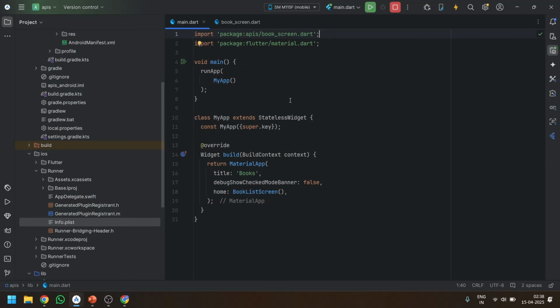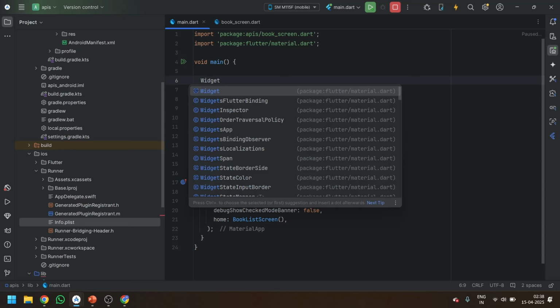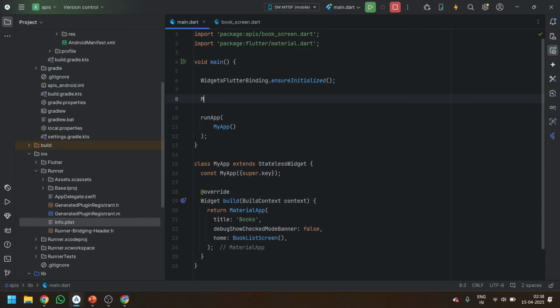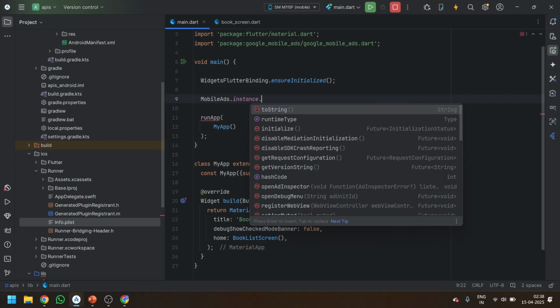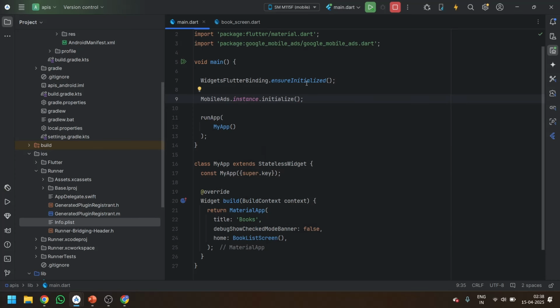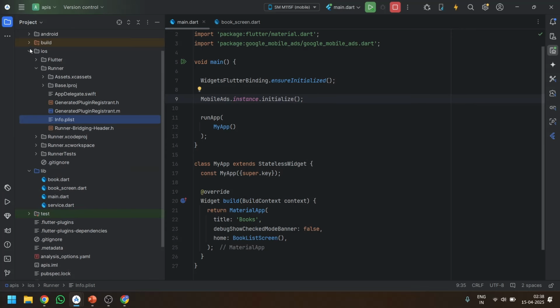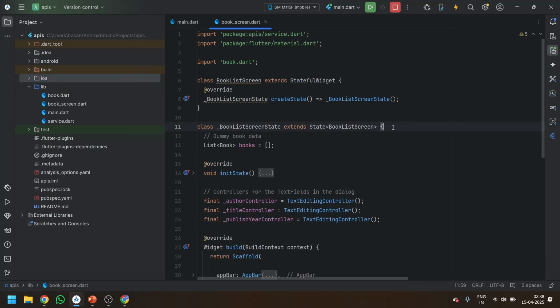Now starting with the coding part, come to main.dart and over here write WidgetsFlutterBinding.ensureInitialized(). After that write MobileAds.instance.initialize(), and it is done. Now you can close all the files you have opened. And now coming to the book screen, over here